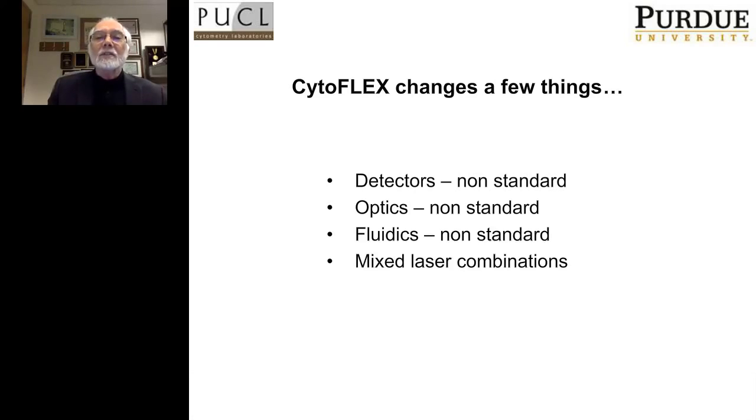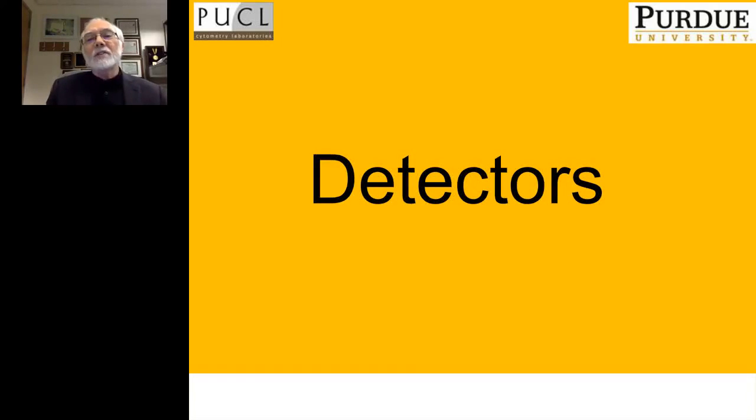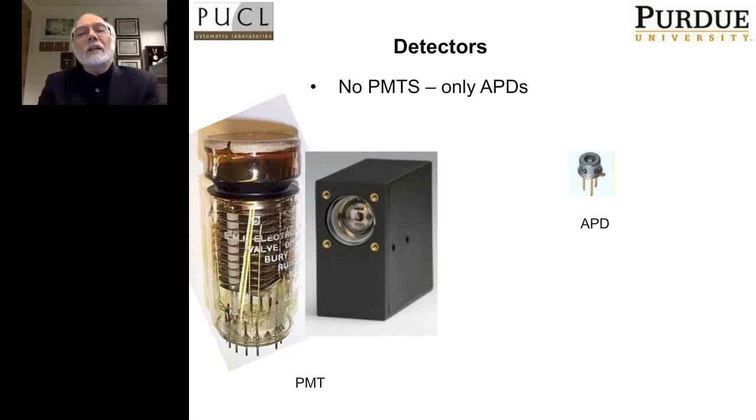So let's take a look now at each of these systems. And I'll, first of all, focus on the detectors. So why did I say that the CytoFLEX is a little different? As you see on the left side, I put a couple of pictures up of photomultiplier tubes. The one with the glass case is pretty nice because it really shows you what's going on inside the photomultiplier tube. We probably don't use those in any current flow cytometers, but the principle of the photomultiplier is well known